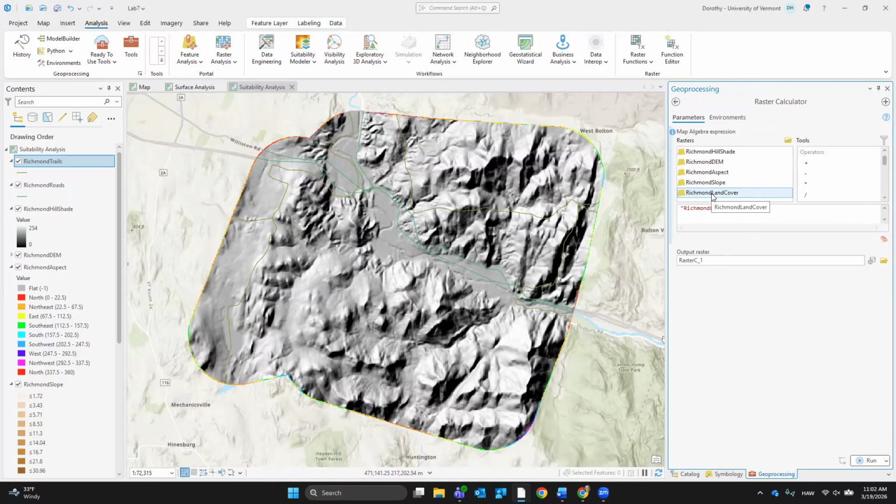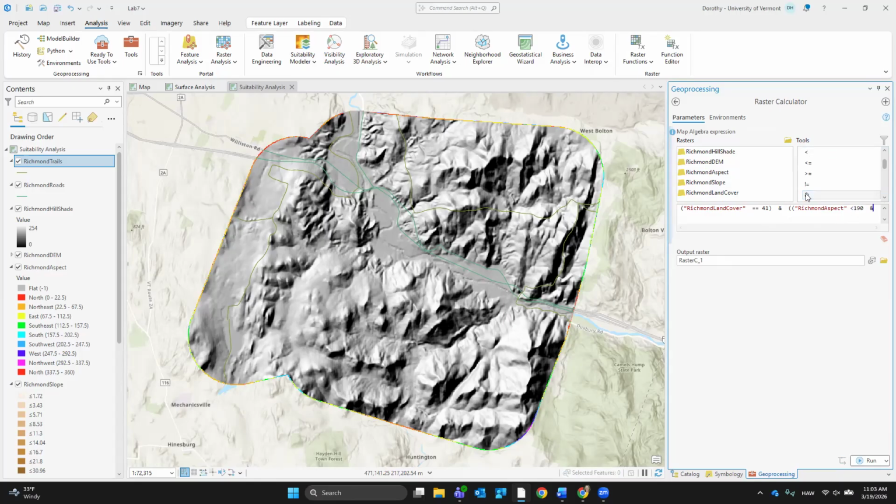Richmond land cover is equal to 41 parentheses and Richmond aspect double parentheses here is equal to, oh no, less than, what is it, less than 190 and greater than 170, right?